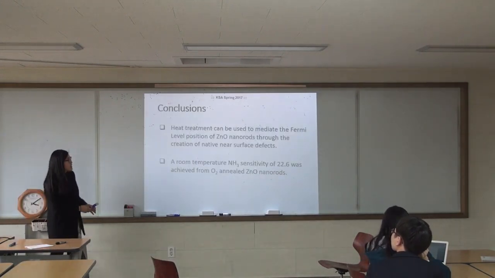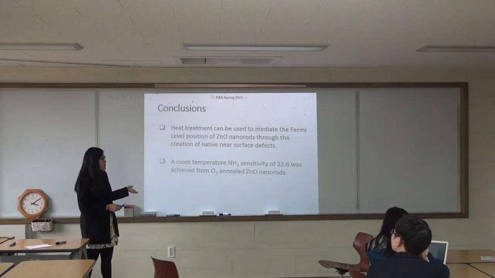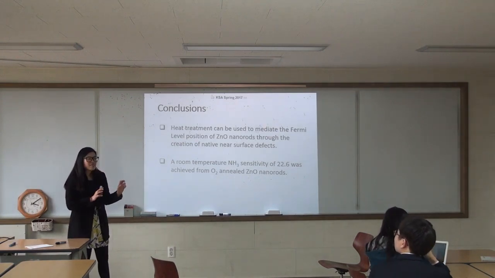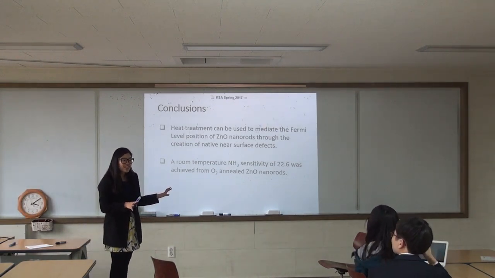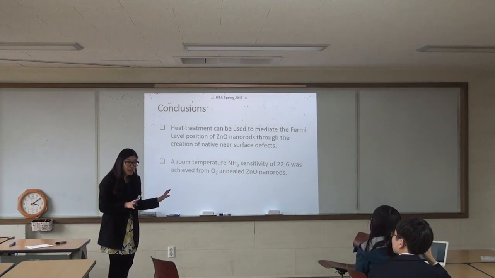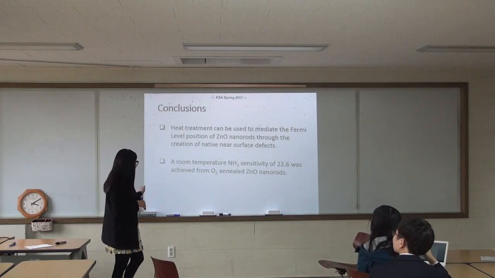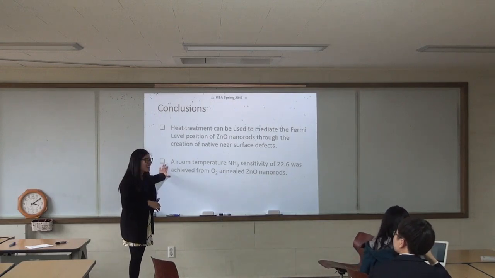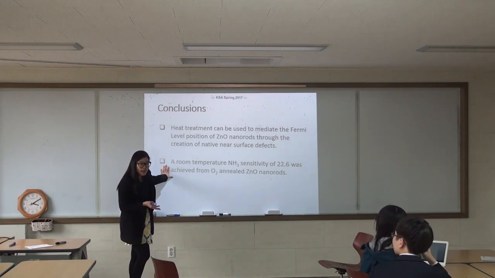Okay, here we can conclude that with heat treatment, we can design the defects and the properties of our zinc oxide or any other semiconductor. And we found that oxygen-annealed zinc oxide nanorods could be a good material for ammonia gas